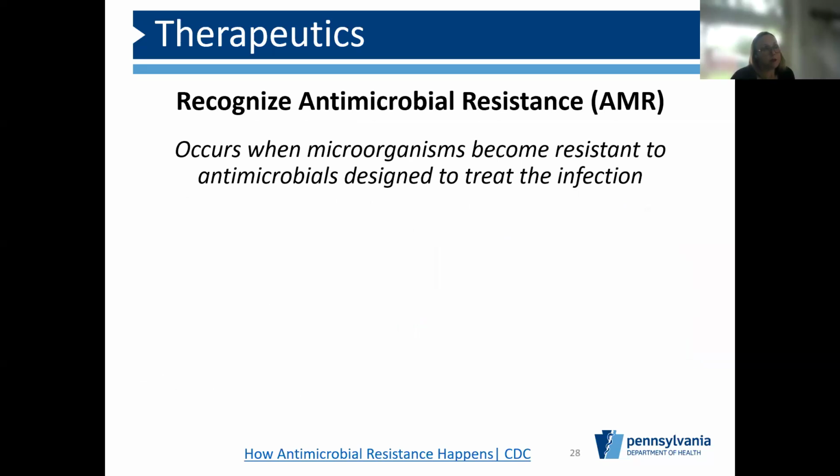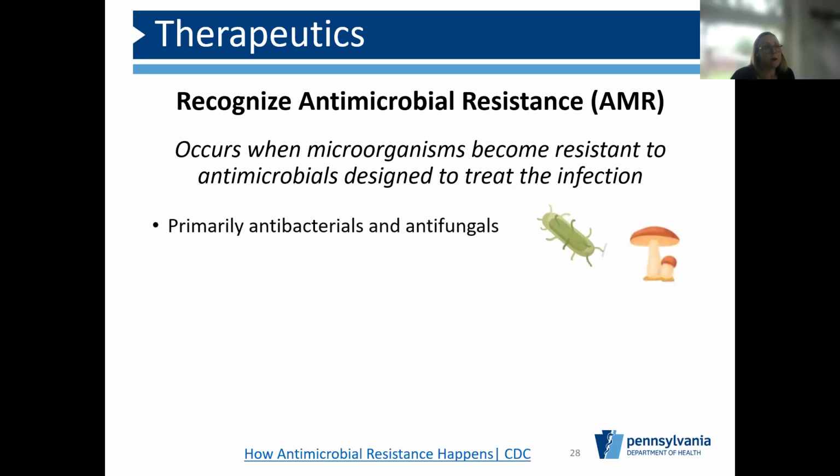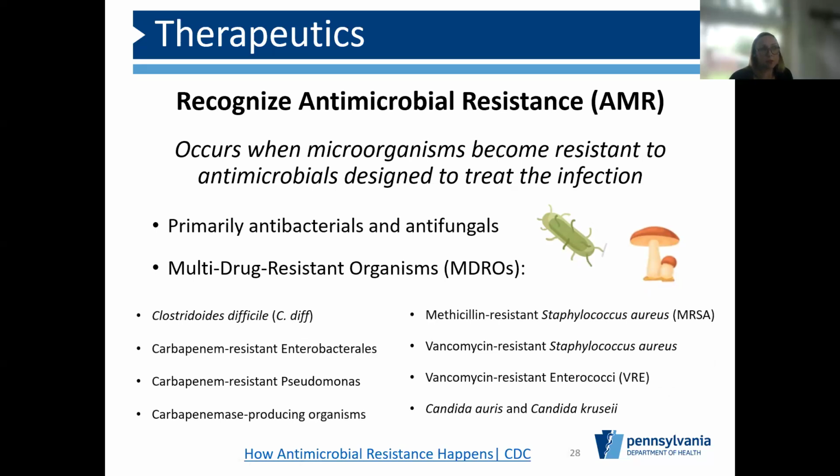All right, and then from a therapeutic standpoint, we want to recognize antimicrobial resistance. This is when essentially a bacteria, or microorganism, has become resistant to antimicrobials that we've typically used to treat them. We primarily see resistance in antibacterials and antifungals. And you have experienced this through multi-drug resistant organisms such as MRSA, VRE, CRE, et cetera. But it's important to note that we're using the right antibiotic for the right infection at the right time to prevent